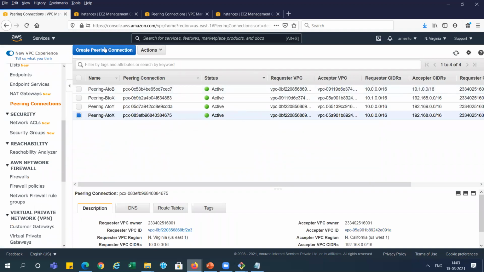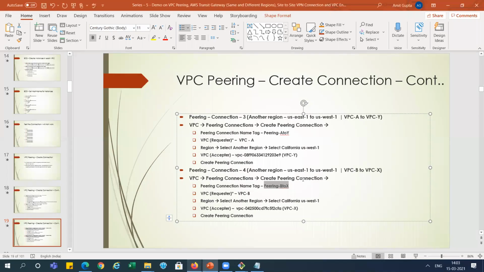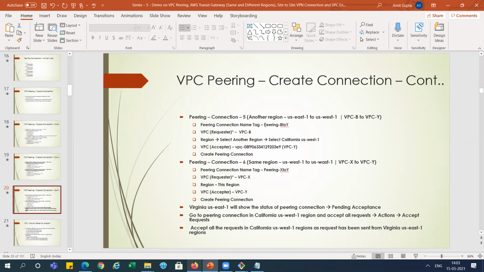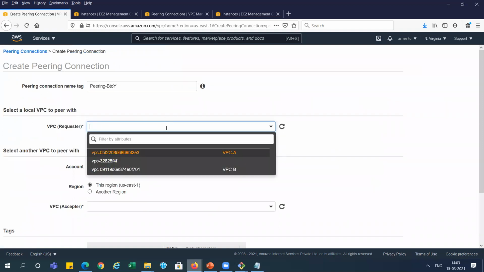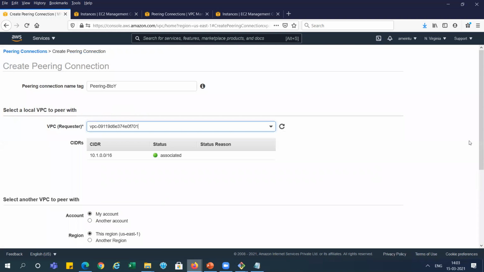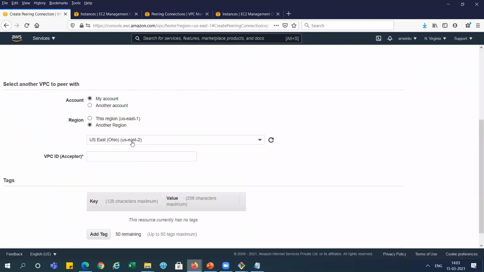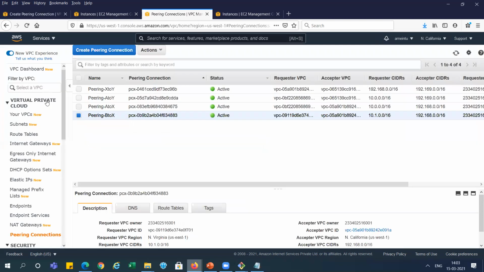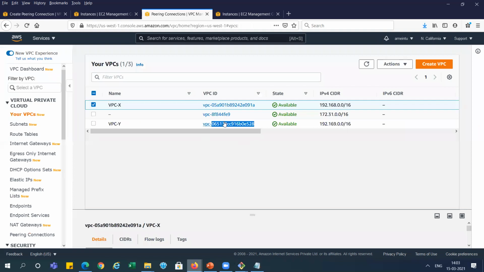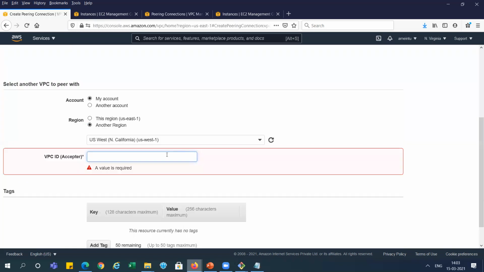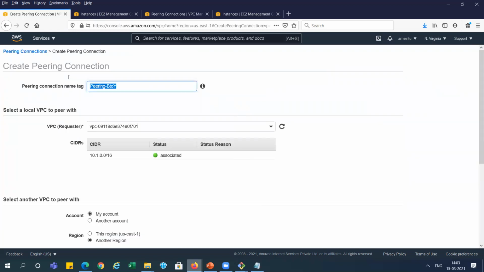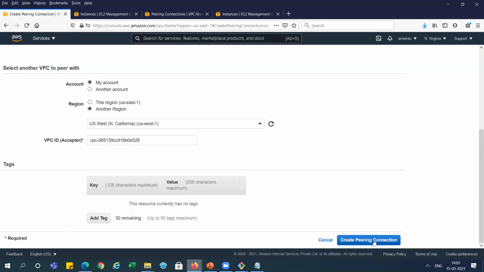Now again, we go and create another pairing connection. You can see we have done this B2X. Now B2Y, we will do B2Y, right? So pairing between the B2Y and requester will be B, right? And another region, California, and here Y, VPC Y, we need the VPC ID for that. So VPC Y, this is the ID for VPC Y. So we'll go and mention it here, right? After the create peering connection,